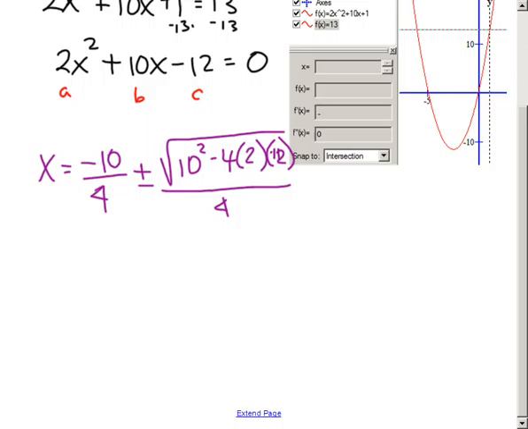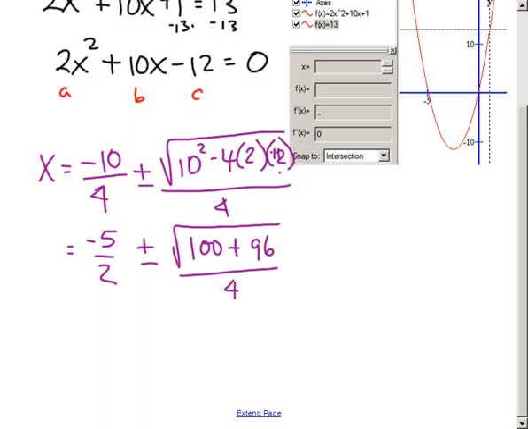Okay, so we need some cleanup here. This first term is negative 5 halves, and if you watch the other video, you'll realize that that is really, really familiar. Okay, plus or minus the square root. Well, we have a fairly big square root here. Okay, the big square root is 100. Now we have negative 4 times negative 12, which is positive 48 times 2 is positive 96,